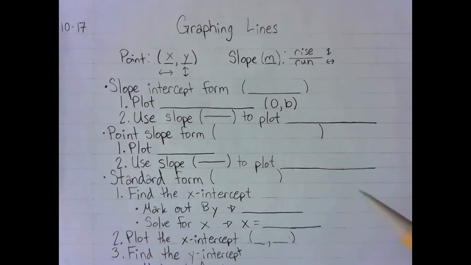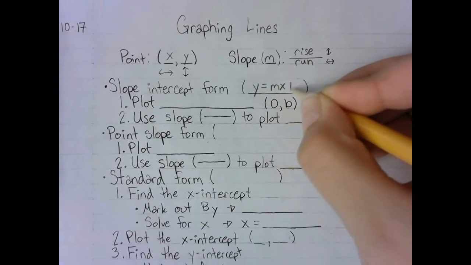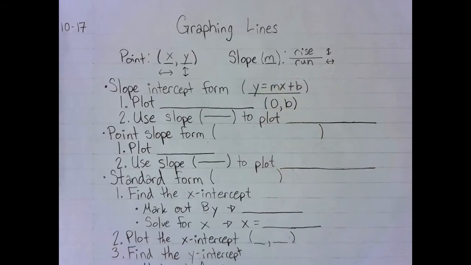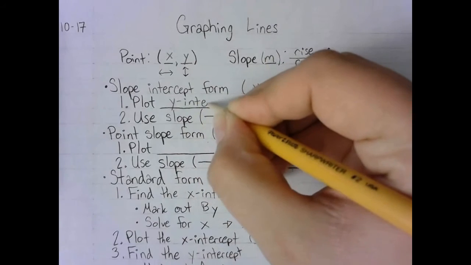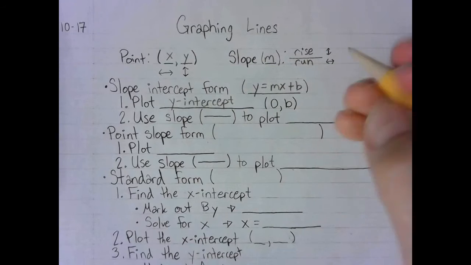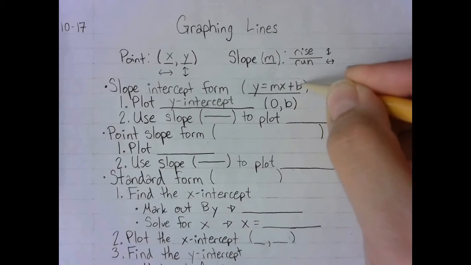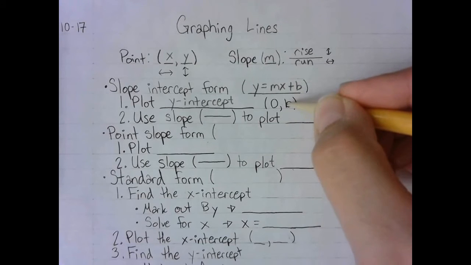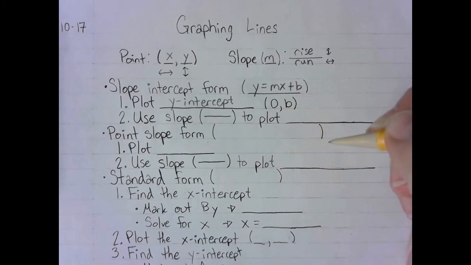So if you have slope-intercept form, remember that's y equals mx plus b. Your first step is to plot the y-intercept. And remember, your y-intercept is always 0, comma, a number. And that number is going to be this b right here. And notice if b is negative in the equation, it's going to be negative when you plot it. Then use the slope, which again is rise over run,